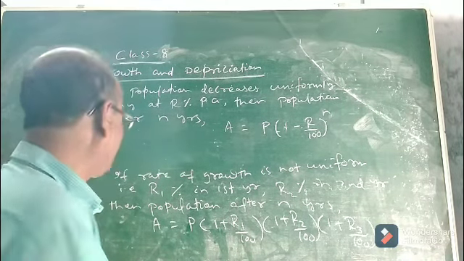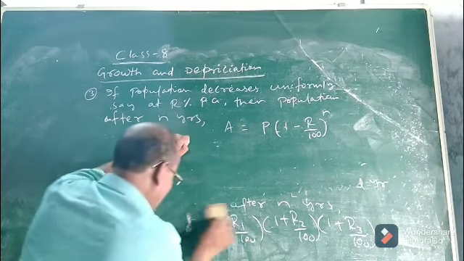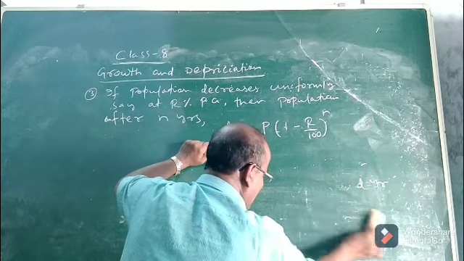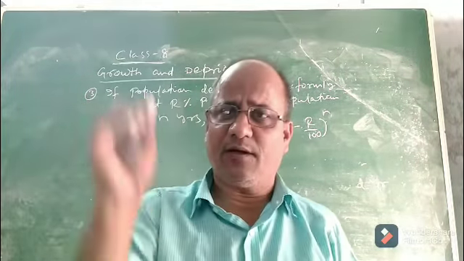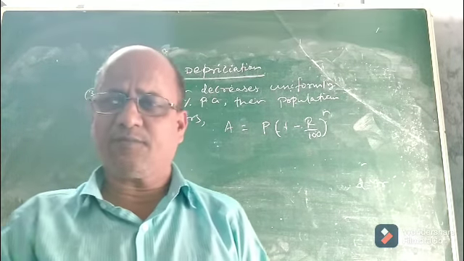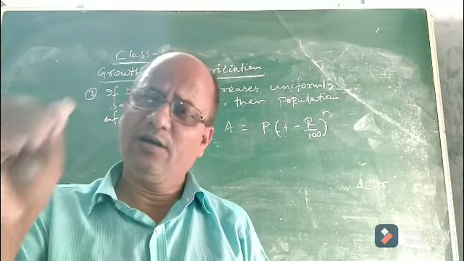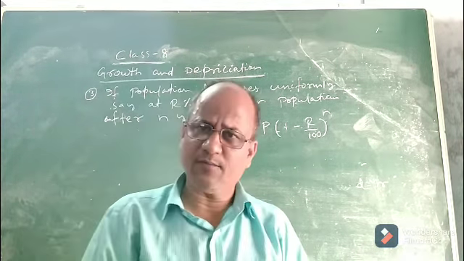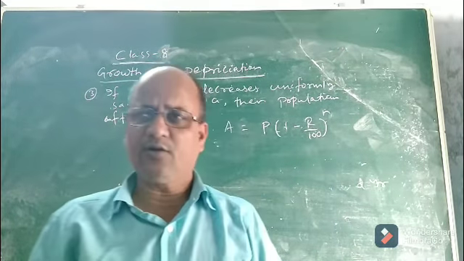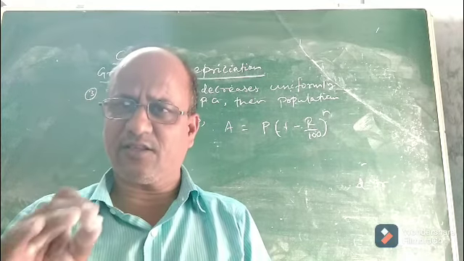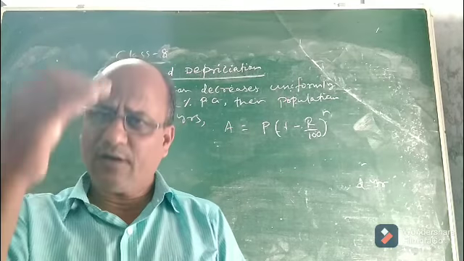Now we will discuss some formulae on depreciation. As I told you, there are some articles, suppose a building, flat, or some machinery items. The value of a machine, the value of a building, all these objects are subject to wear and tear, and hence their value will decrease after a certain period of time. The present value will not remain the same after 3 to 4 years, because these articles are subject to wear and tear. So the value will decrease.